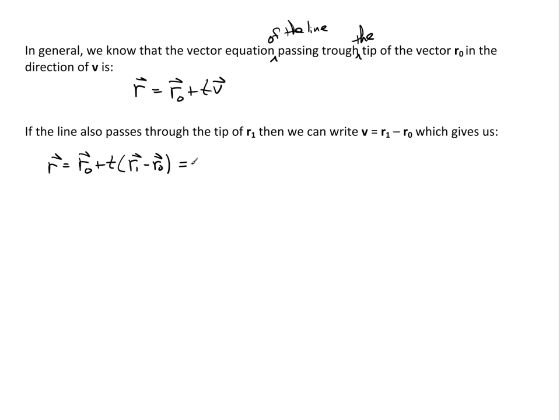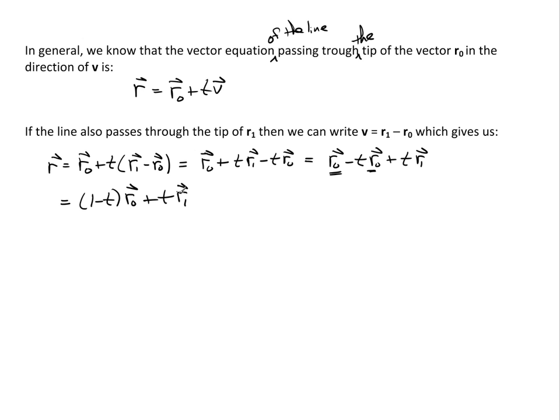Now I'm just going to do a little bit of algebra here. It's r naught plus t times r1 minus t times r naught, which I'm going to rearrange as r naught minus t times r naught plus t times r1, which is actually equal to 1 minus t times r naught. I simply factored out that vector, plus t times r1. And this is what I think of as the vector equation for the line segment